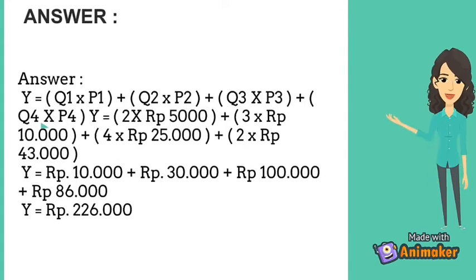Answer: Y equals Q1xP1 plus Q2xP2 plus Q3xP3 plus Q4xP4. Y equals 2xRp 5,000 plus 3xRp 10,000 plus 4xRp 25,000 plus 2xRp 43,000. Y equals Rp 10,000 plus Rp 30,000 plus Rp 100,000 plus